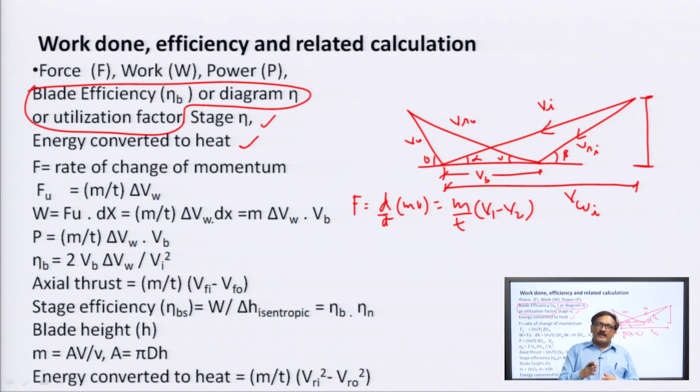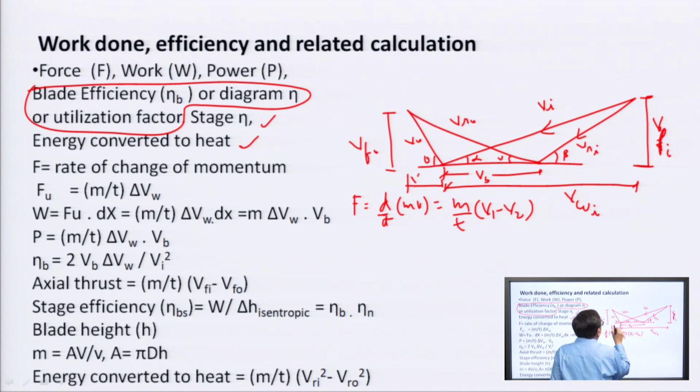Another component perpendicular to the direction of blade motion, or you can say in the direction of the axis of the turbine, which causes the flow of the steam through the blades, that is called the flow component. So, this is the flow component represented by Vf, i is for inlet, similarly this is Vf for outlet, and this is Vwo. So, what is the change in whirl component in the direction of the wheel, that will produce a force in the direction of the wheel.